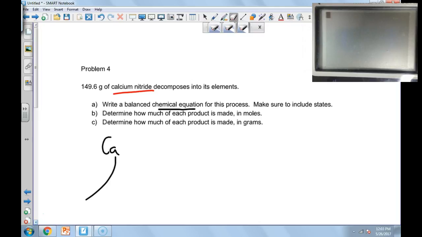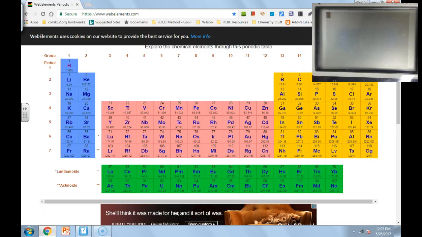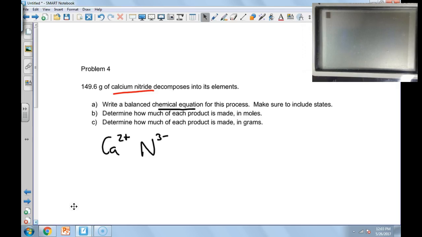Okay, let me actually get rid of this little hooky-doo here. So this is going to be a 2+, and I can do the same thing with nitrogen, and I'll find it's in the third column over here. Let's see. So this is 0, 1, 2, 3. Okay, and so it's -3. So when we do this, we determine what the lowest common multiple is, and 6, and so that means we need 3 calciums and 2 nitrogens, and so the formula for calcium nitride is Ca3N2,